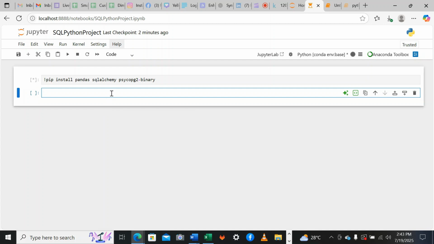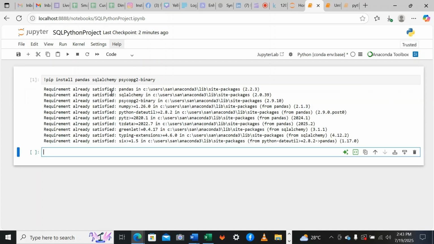Yeah, so let's wait for it to load, and then we proceed to the next. So the next stage, the libraries are here with us. They've been installed successfully. So now the next step is to pull the data from the Google Web,